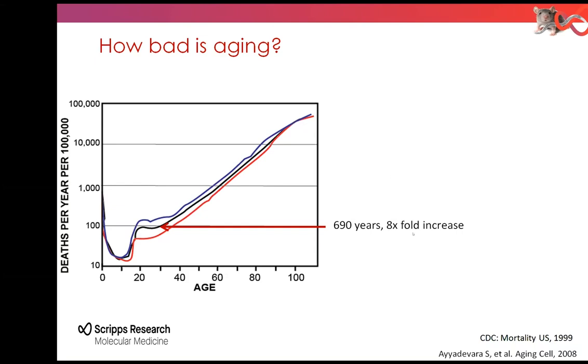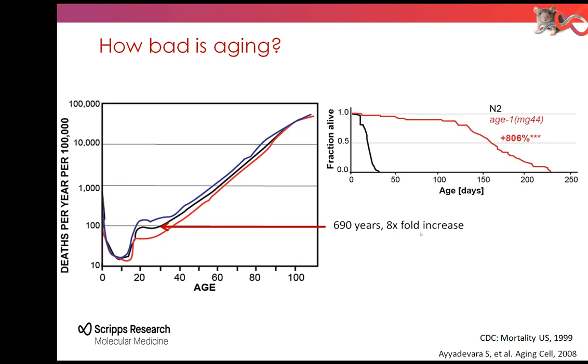Now that's not a completely harebrained number. It is seen here in C. elegans. These are survival curves of C. elegans. C. elegans is a small nematode that lives for about 3 weeks, shown here with N2, but there are two interventions, H1 is one of them, that make the animal live 8 times as long. So I'm not suggesting that we're going to achieve this in humans, but the point I want to make is that if we can